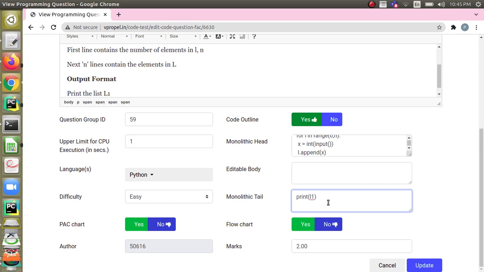And one more thing, when the user is going to click the execute code button, all the three code will be combined in the order. First head will be there, followed by the body, followed by the tail. So all the three code will be combined and then only it will go for execution. So he should not do a repetition of what we have already given as pre-code and post-code. If students get confused, please explain them, and also we can conduct some mock debugging test before going for assessments. This is the first type of debugging question in which we have got both pre-code and post-code, or in which we have got both head and tail.